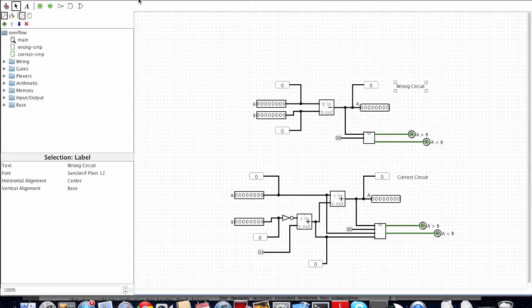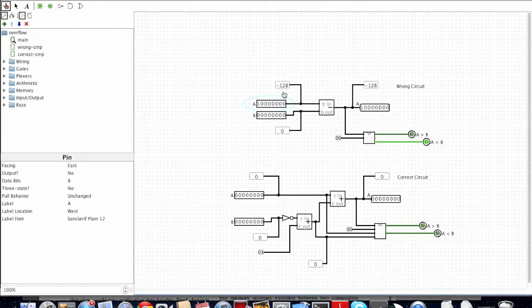and as we discussed in the previous tutorial, if you don't handle overflows correctly and the two inputs add up in such a way that they wrap around, then you would get a wrong result. So I can demo that here with the wrong circuit such that A is an 8-bit number and A is set to minus 128, and